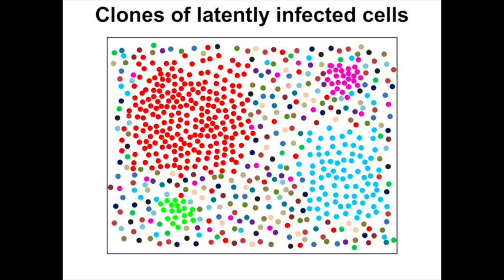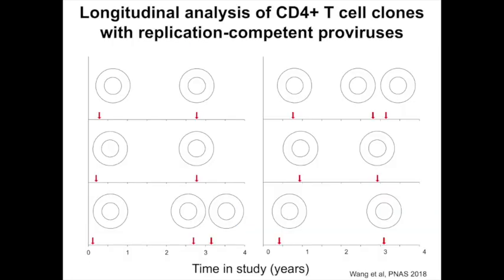And one of the most, I think, potentially disturbing observations that came from the integration site analysis was the suggestion that the proliferation may be driven by integration of the virus into certain host genes that are involved in some way in proliferation, and alteration in expression of those genes may lead to continual proliferation of cells. So to look at this, we've analyzed these clones longitudinally using the viral outgrowth assay to